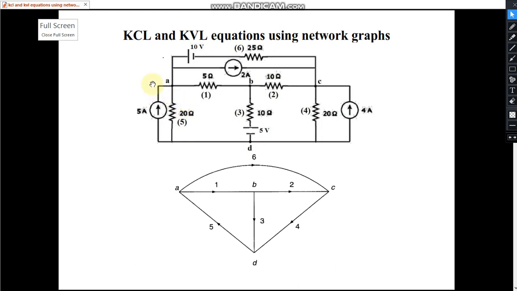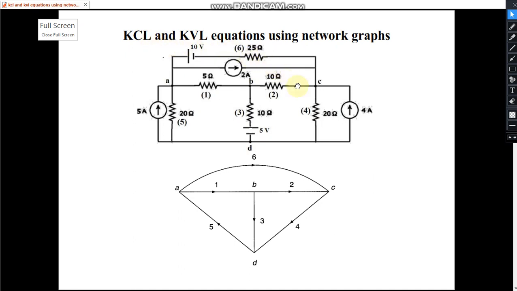We have already discussed various matrices associated with network graphs. Mainly we have discussed the nodal incidence matrix, cut set matrix, and tie set matrix. These matrices we have discussed. And for nodal incidence matrices, there are two types: the augmented incidence matrix and the reduced incidence matrix. Some more matrices we will be discussing later on.